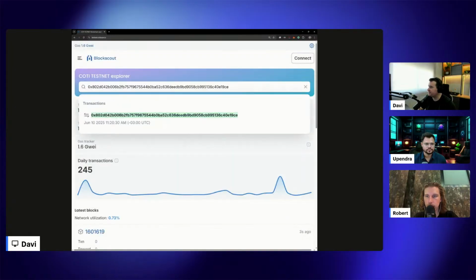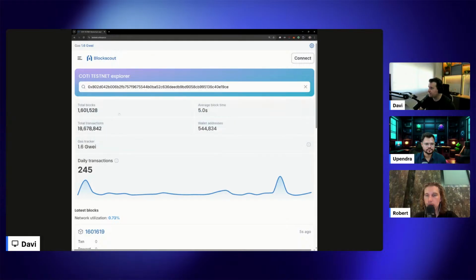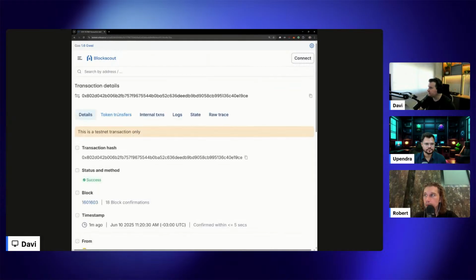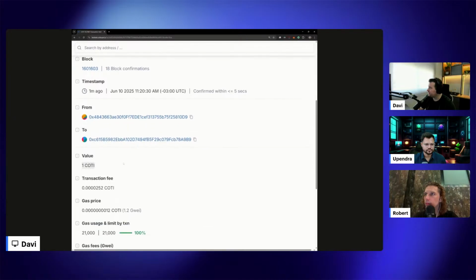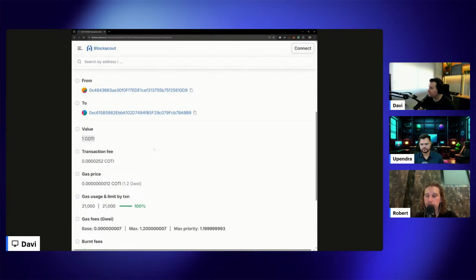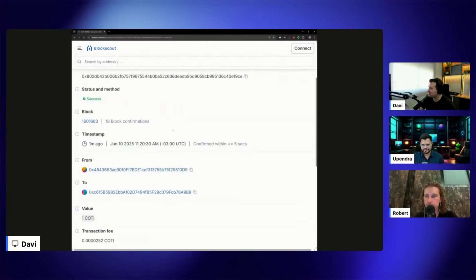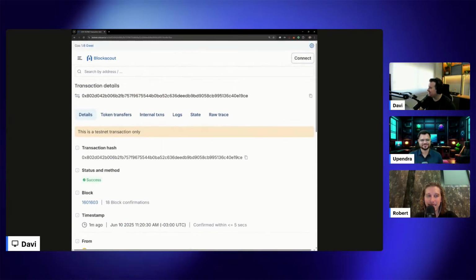I will paste the transaction hash here. And that's it. We can see here the transfer of one COTI from my previous account to my newly created account. So, okay, it's real. It's not a fake MCP. It's working.